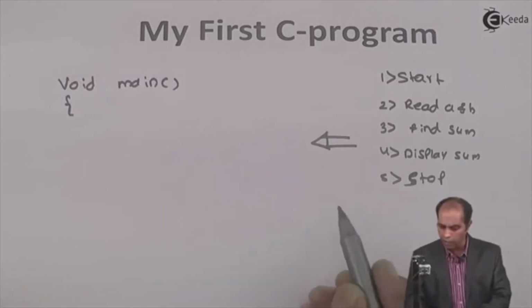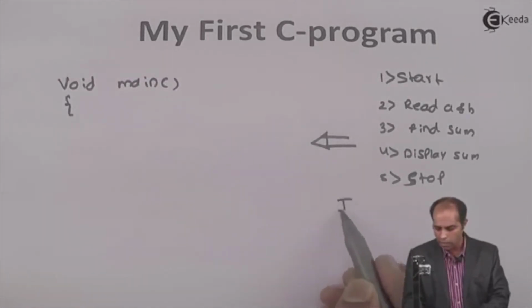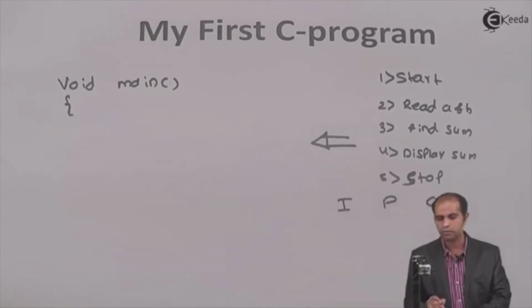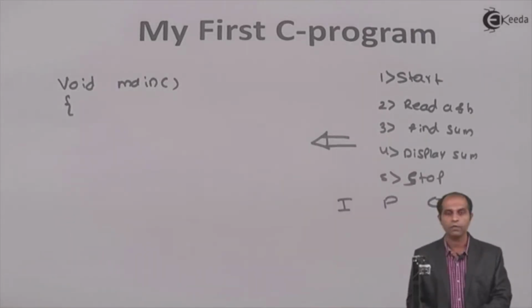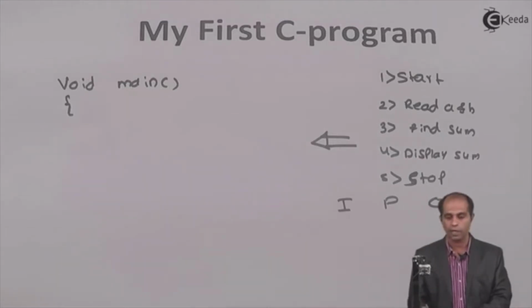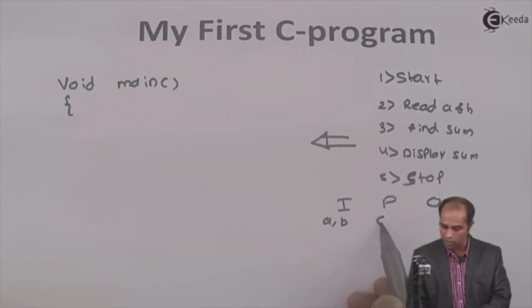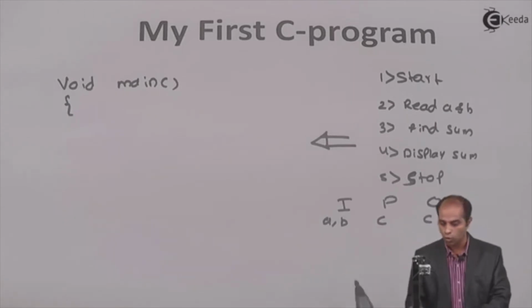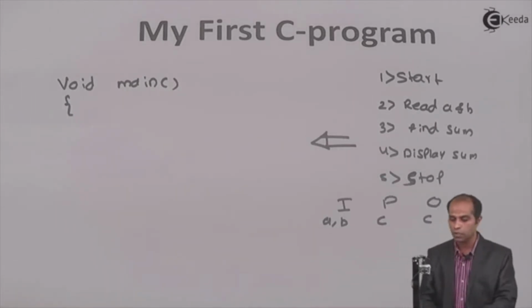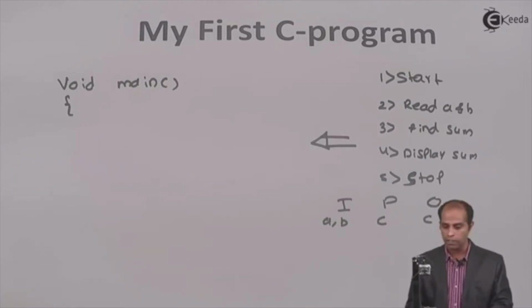Now, if I summarize this algorithm as input, process and output. In the input part, we know that we are going to have variables which are going to be read, that is A and B. Process will have some result, that is C, and the output will have some variable by name C. So, in this entire process, how many variables had I used? I had used three variables, A, B and C. A being the input variable, B being the input variable and C being the process and output variable.